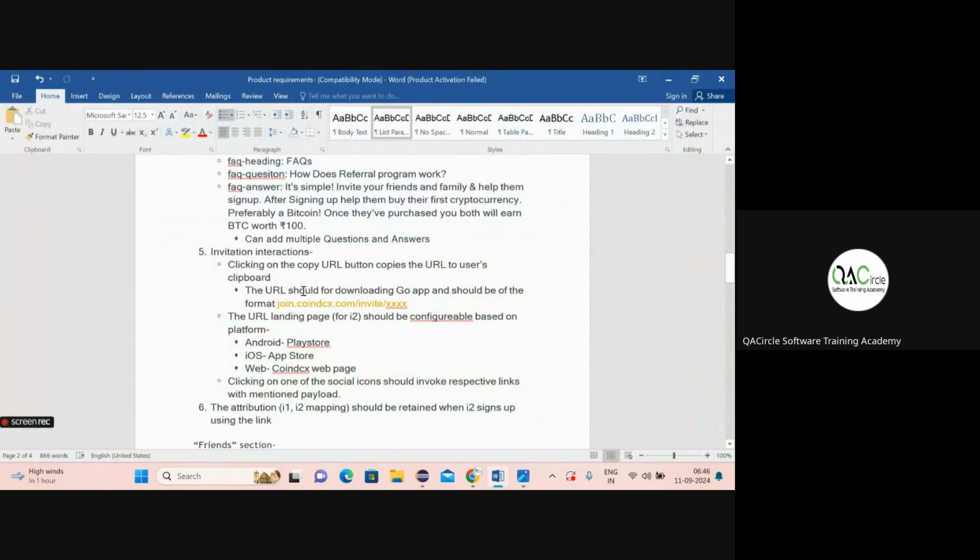And the URL should be for downloading the Go app and should be of this format. So whatever the invitation URL that is getting copied, right? It should be in this format. That is join.coindcx.com slash invite slash xxxx. So what is this xxxx? It is a unique